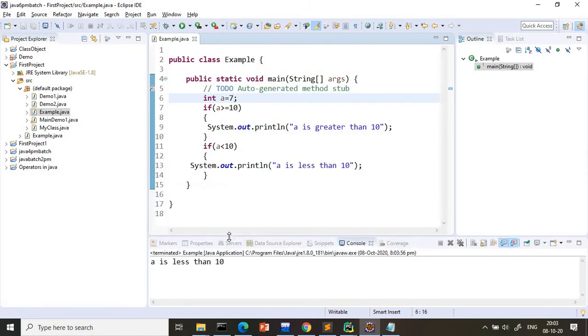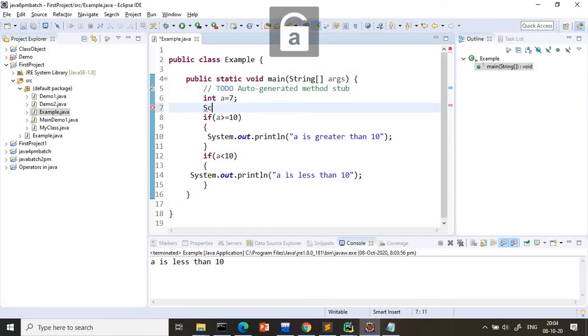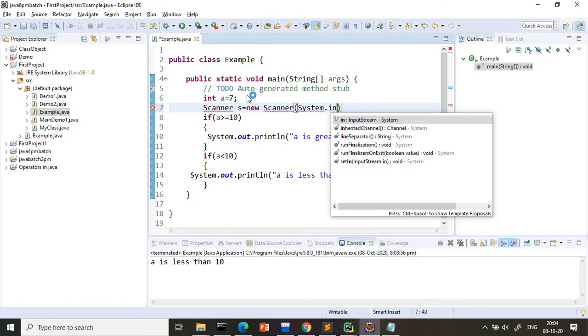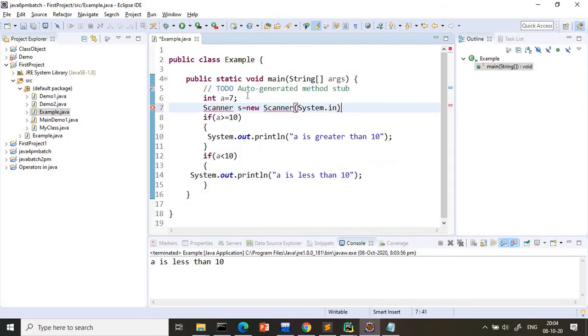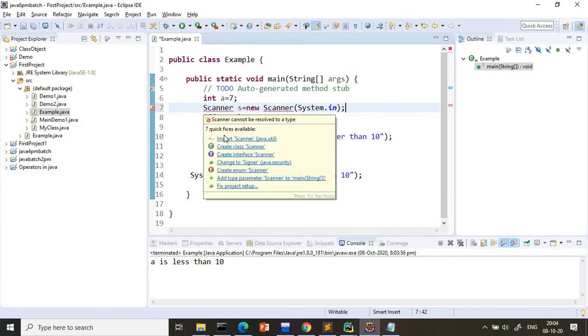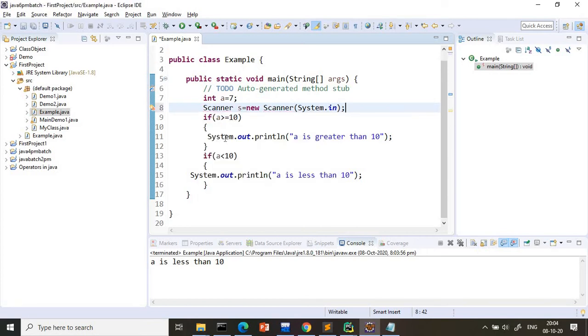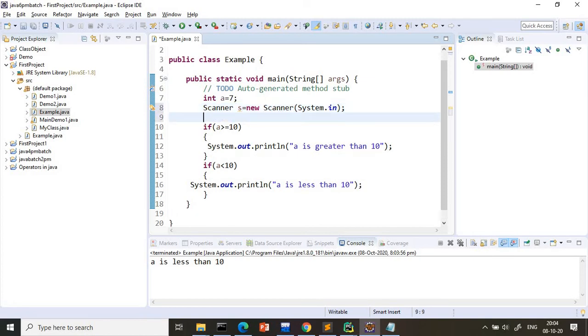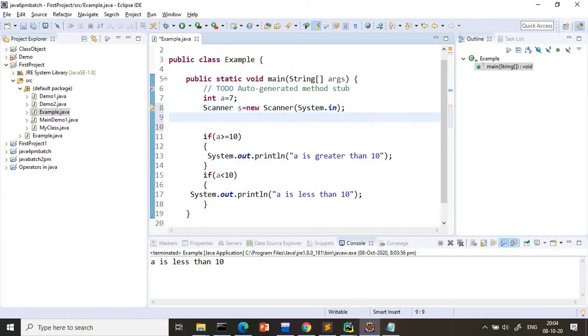Now sir, if you want to read this value from the keyboard, how do you read the values? Already in the last class I told you, you should use what? Scanner. S is equals to new Scanner to read the values. So I am writing here System.in, which will read what? Value of A. So here I will give import, you have to do it. Already I explained in detail in the last lecture. Those who did not see can watch my last program.